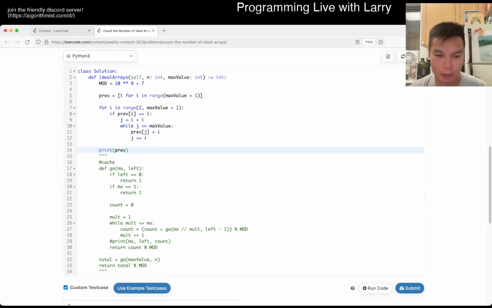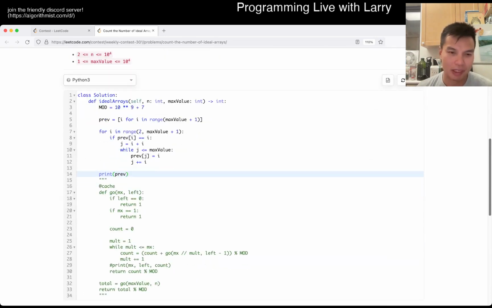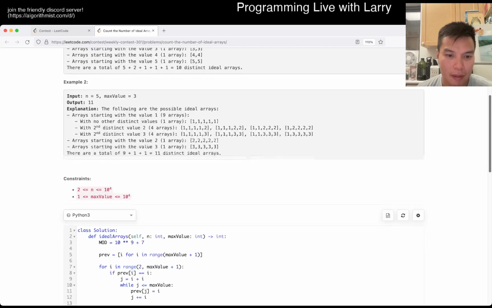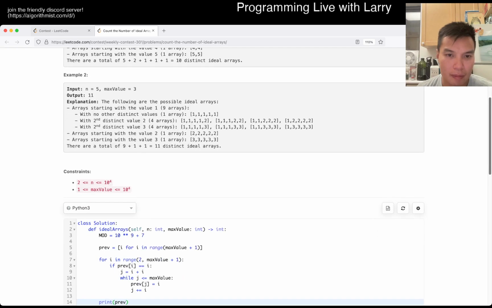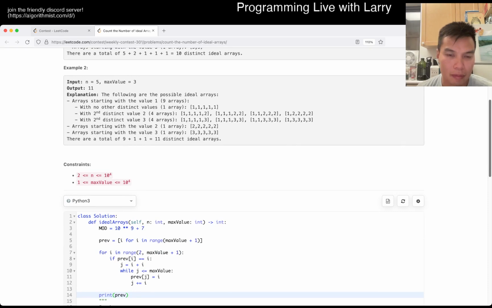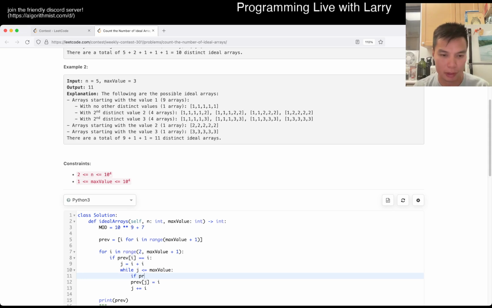Yeah, mine is even n cube. I don't know how to do it. So I don't even have an n square algorithm. Okay. What if for each of these? What I need to do is if previous of j is equal to j,